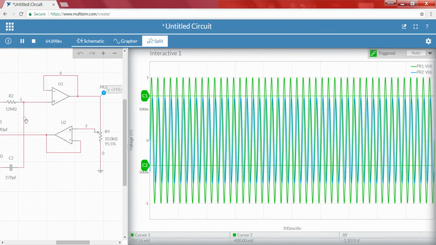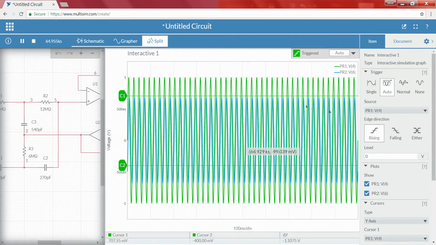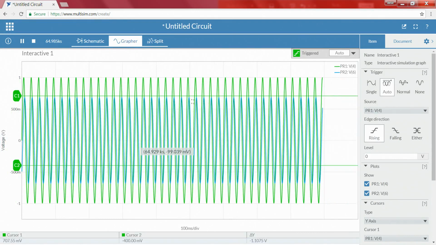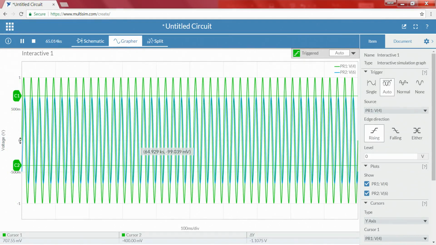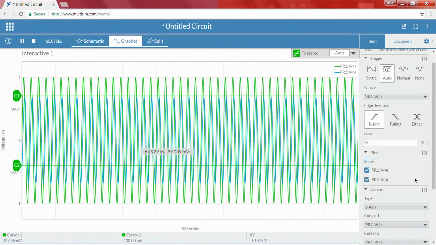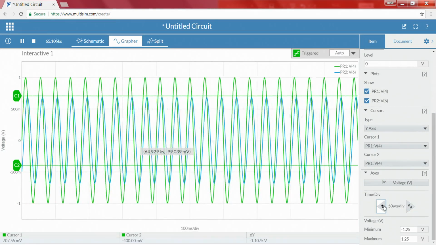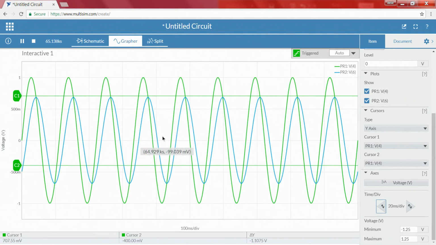But the problem with this is that when we closely look into the grapher, there is some shift. There is some shift in our output signal too. To understand, let me zoom a little bit. As long as we keep changing the potentiometer value, it creates some kind of shift in our output signal. So, if that is okay, that is fine.